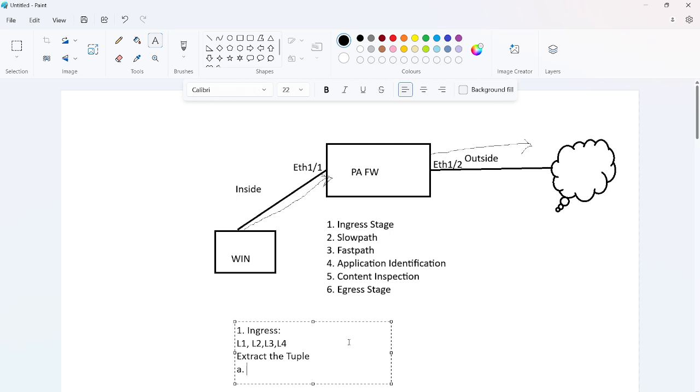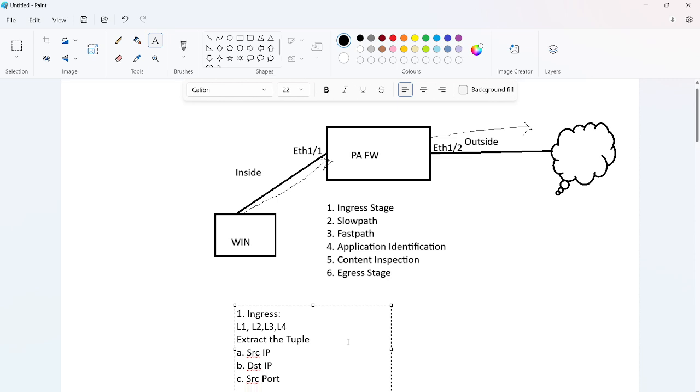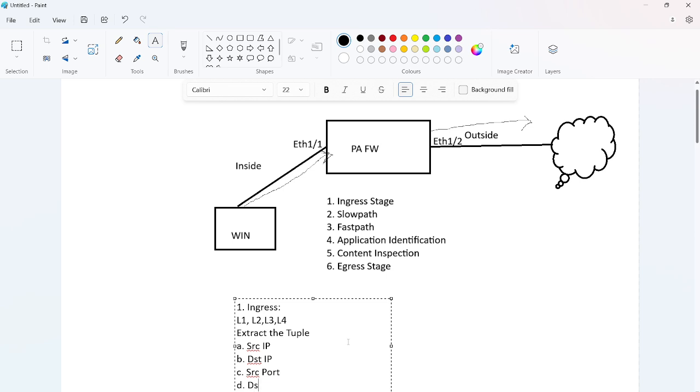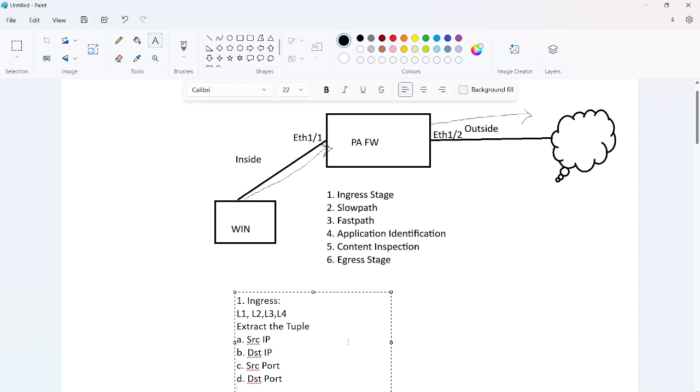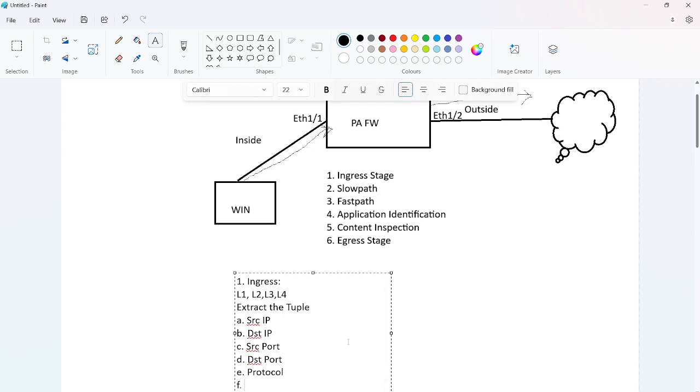I'm going with it. It will extract the source IP, and the second one is the destination IP, and the third one is the source port, and the fourth one is the destination port, and the fifth one is the protocol. And here the sixth one, the last one in this ingress stage, is what it will be extracting: